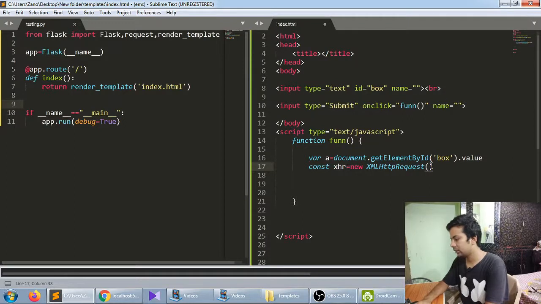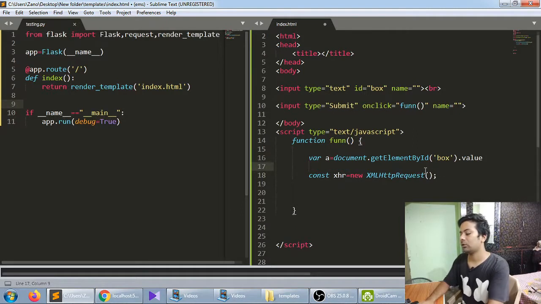What I have done is make a new Ajax request, you can see XMLHttpRequest. From here we can send any requests, and it's inside the variable called xhr.